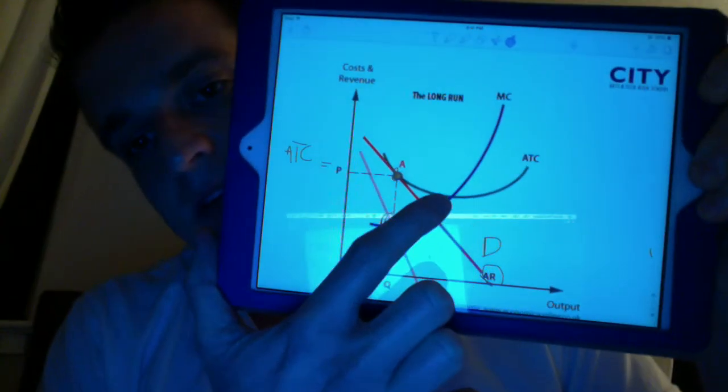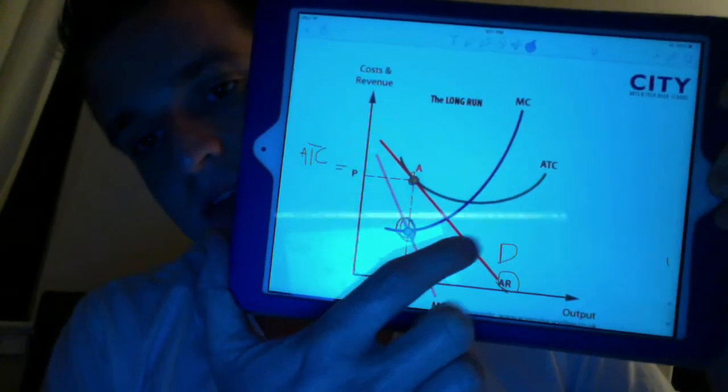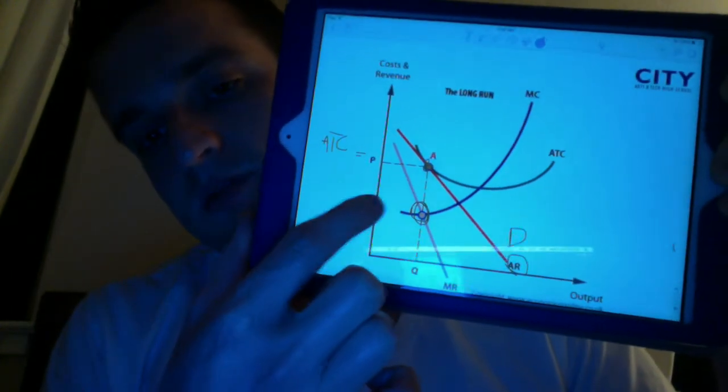So there's this excess capacity. The firm could produce more and reduce its cost by doing that, but it doesn't because it's profit maximizing. And if they produced here, we would be selling here, and the price would be below the average total cost, so they'd be losing money. So they don't do that. So that creates excess capacity. The firm can produce more for less, less on average, that is. It's not actually producing it for less money.